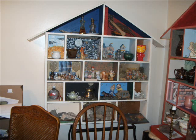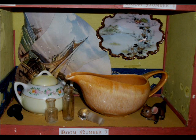In this first picture is an overall view of building number 1 in my miniature museum. And you can also see to the left-hand side building number 2, which I'm beginning to just work on recently. There are 16 rooms in each building. The tallest would be the attic room, where at the peak it would be about 10 inches tall, and then tapers down. After that, the rooms vary in size depending on what floor you're on. So on my little tour for you here, we'll take the rooms in order, and the first one